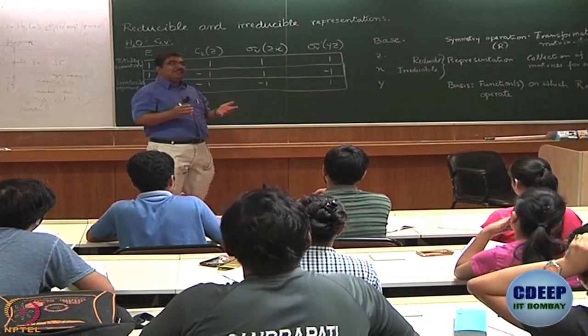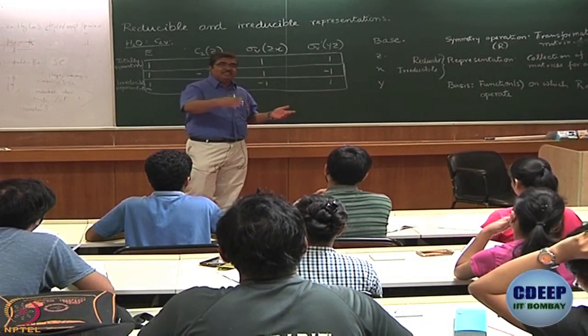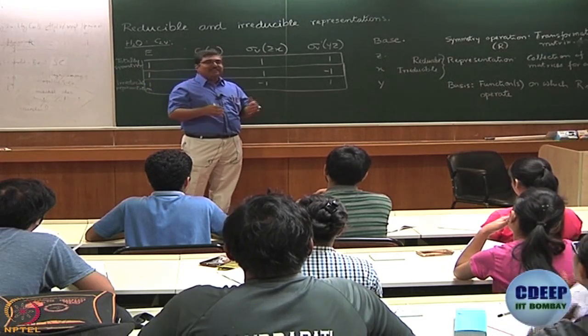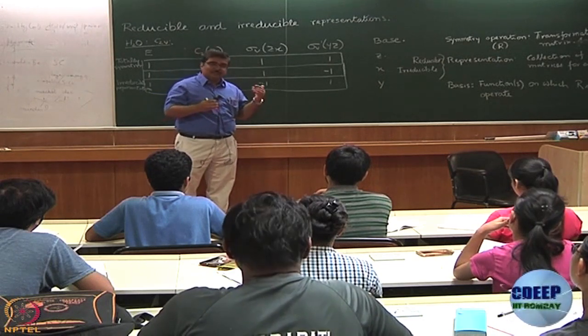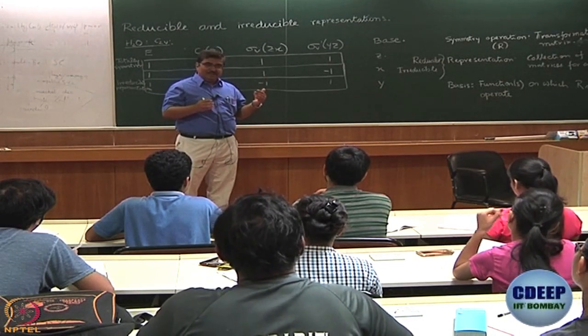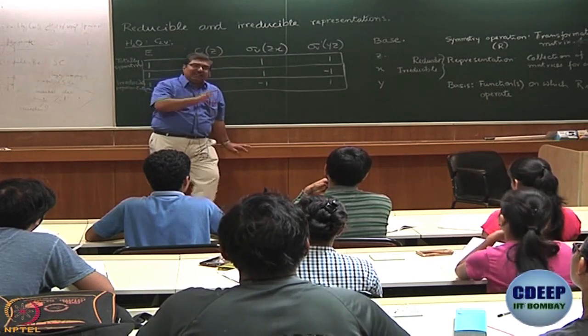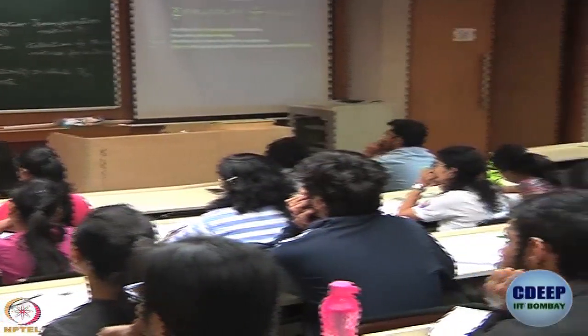What is the physical significance of a representation that does not have a basis associated with it? He is asking this question because he has actually had a look at character tables, and in character tables you will find representations which do not have any basis associated with them. So, what we are trying to say is, in such cases we will see how we get those representations in the first place without knowing the basis first.